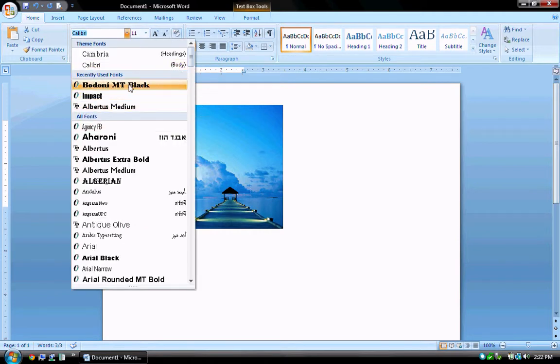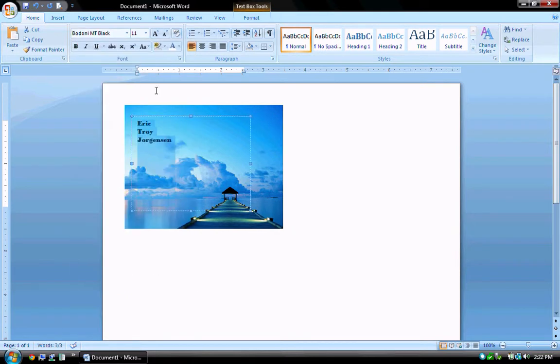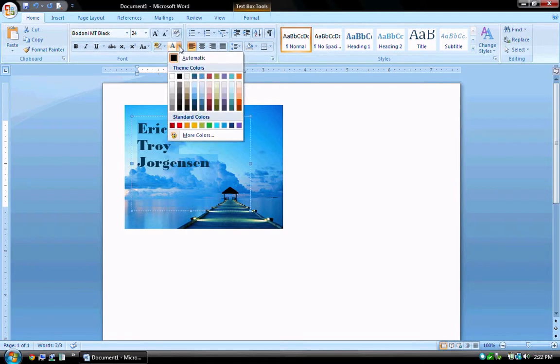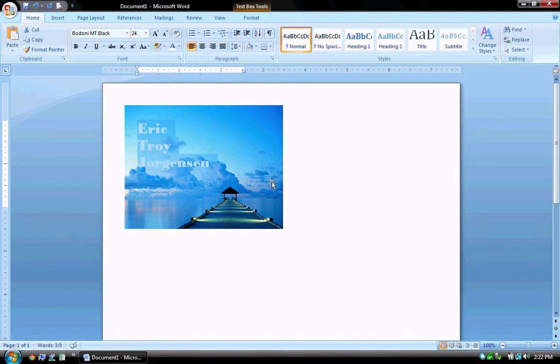So first I'm going to change the text itself. I want to choose a much thicker font. I'm going to change the size here. It's set at 11. I'm going to set it at about 24. And third, I'm going to change the color of the font. I'm going to change it to white. So let me move down here to a white font. If I click outside of the area that I'm editing, you'll notice the text is overlaid on the picture,